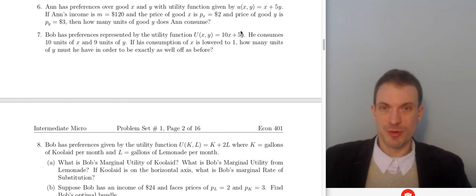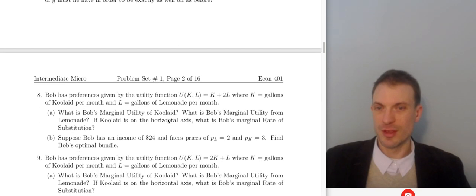Bob has preferences represented by these perfect subs preferences, consumes 10 units of x, 9 units of y. If his consumption of x is lowered to 1, how many units of y must he have in order to be exactly as well off? Here's a